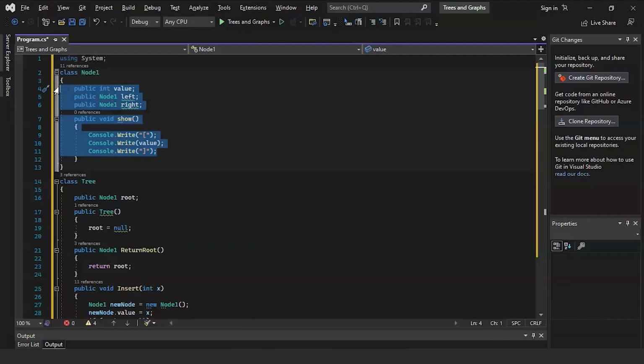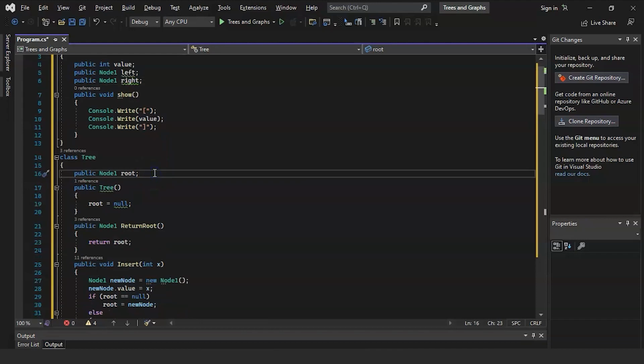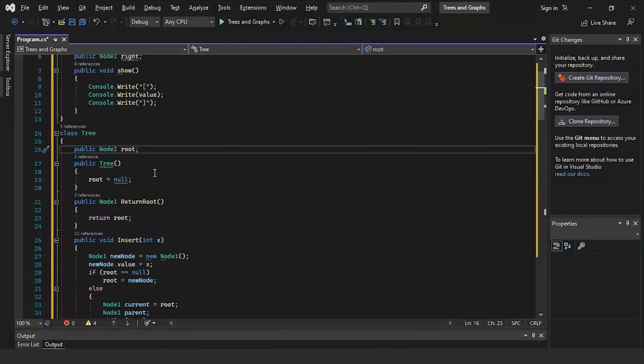In this program, we first define a tree node as Node with values left and right, and then we define a show function to display all the tree traversals, and in this function, we defined a value in square brackets. Following that, we created a tree in which the root node is null initially. Then we have a function, namely return root, where we will return the root value, and finally we have the insert function,